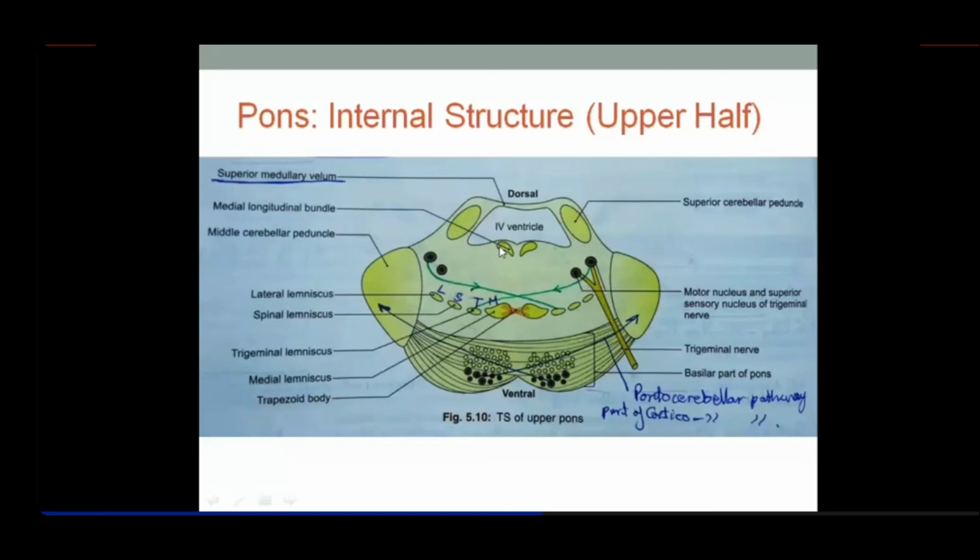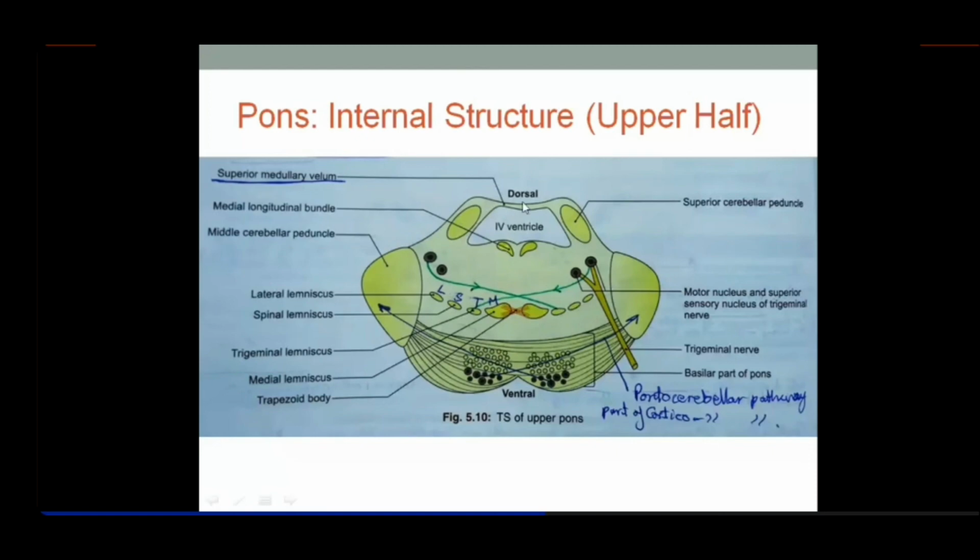And this one is again the medial longitudinal bundle, as I told you, running right from the midbrain down to the medulla. It's a longitudinal strand. It communicates the third, fourth, sixth, 8th and 11th nerves. Now, the purpose of this is to move your head, neck and eyeballs in response to the auditory impulses. Very good.